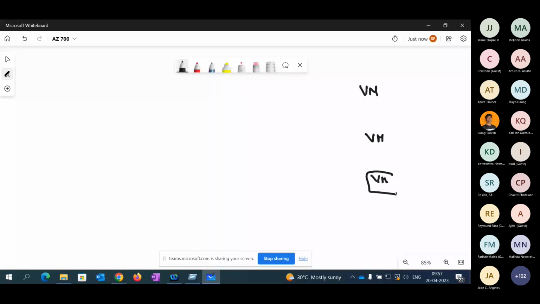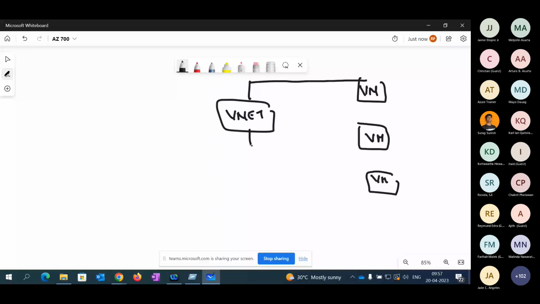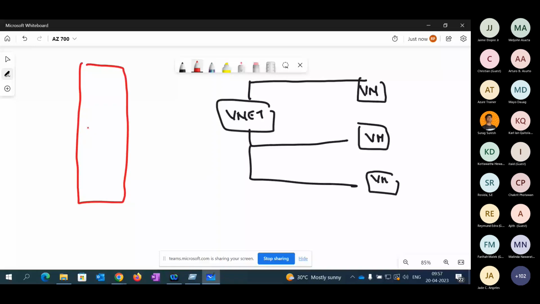Now the VM is connected to a VNet, right? All the VMs are connected to a VNet. Now on the same VNet, you are placing a jump server. So this was the configuration done in the jump server case.